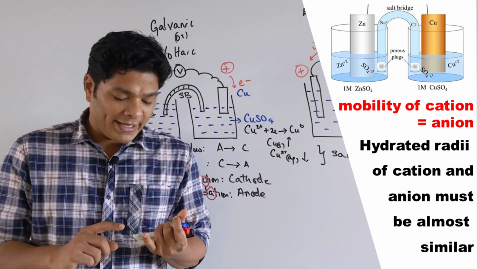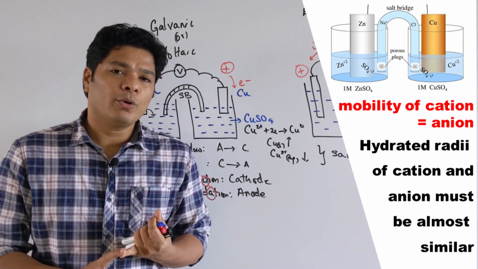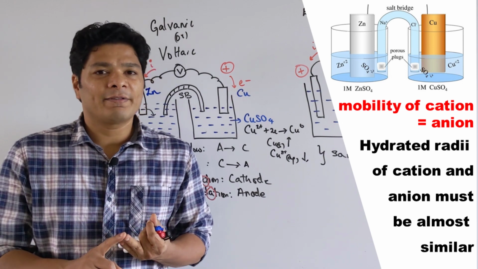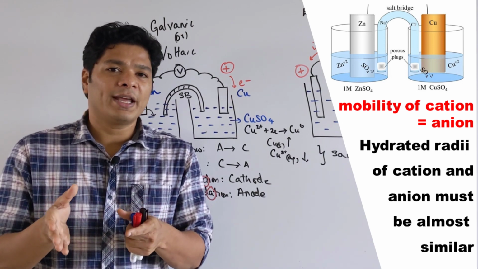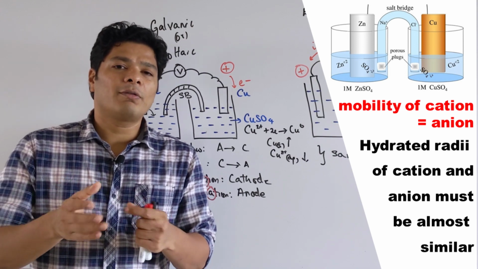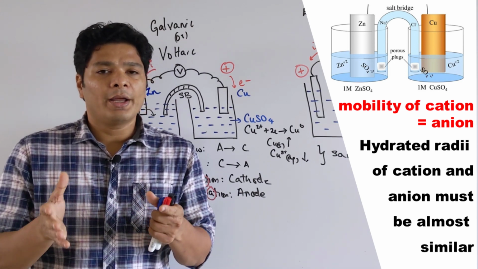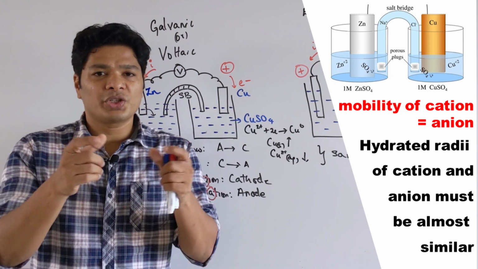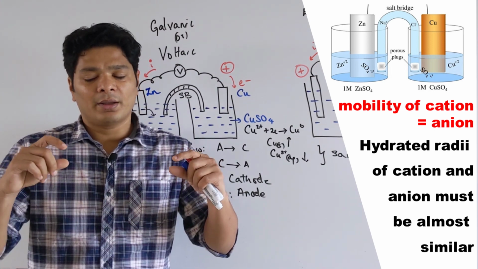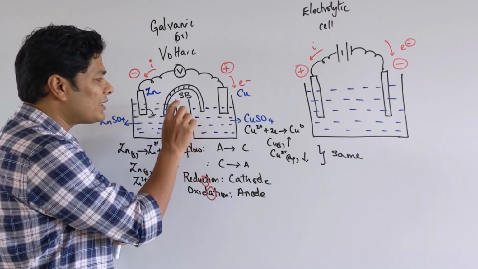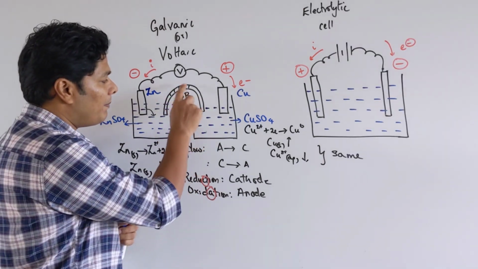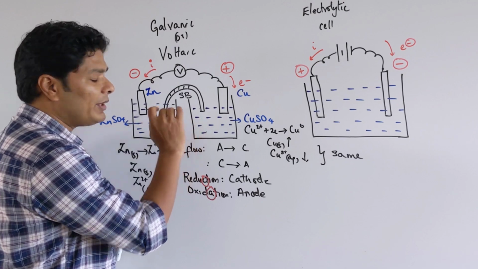And what all can you use for a salt bridge? Usually KNO3 is given, KCl is given. Now you take the corresponding concentrated aqueous solution of those, and dissolve agar-agar in it in a hot solution and let it cool. It forms a gel, and then you plug the end corners with cotton, so there is no diffusion. That's more than enough for you. It maintains the electrical neutrality between the cells.